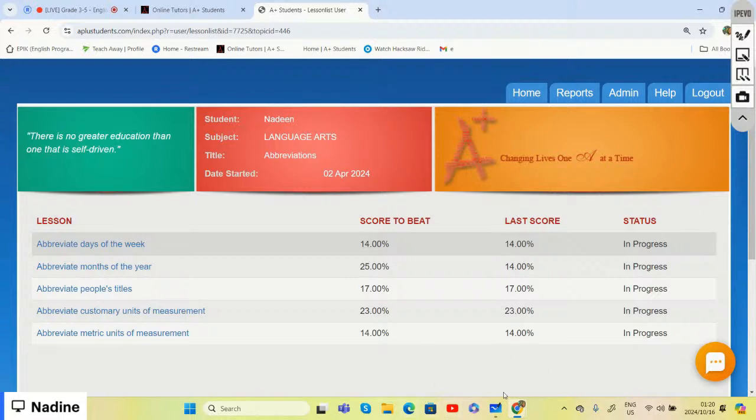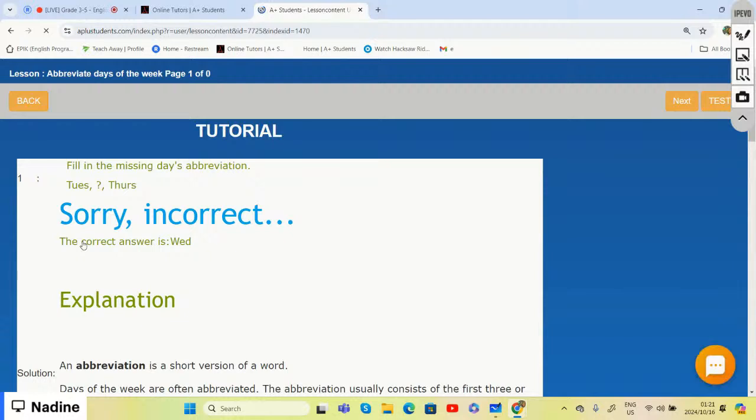All right. So we are now at the days of the week. We're going to go into abbreviating the days of the week again. And remember we said that when we abbreviate the days of the week,